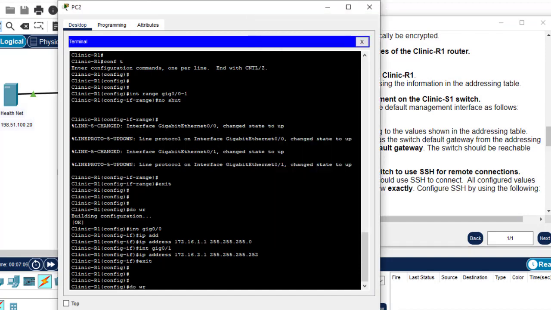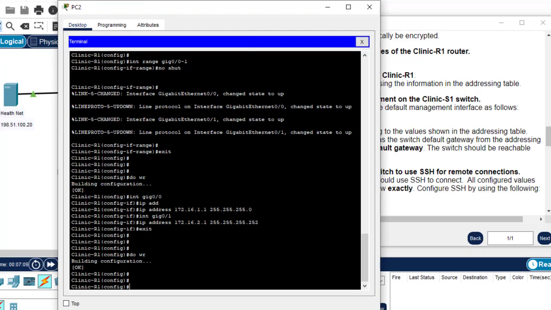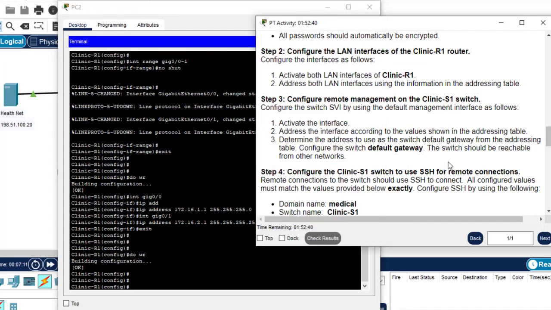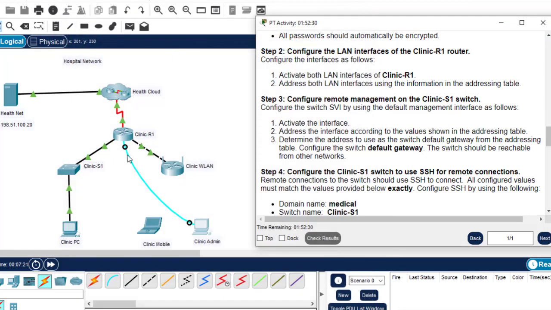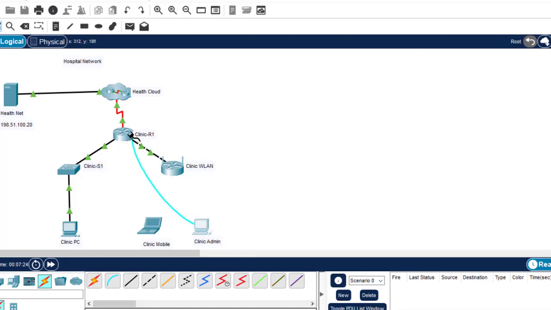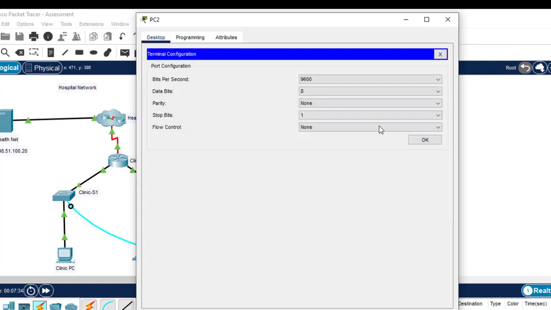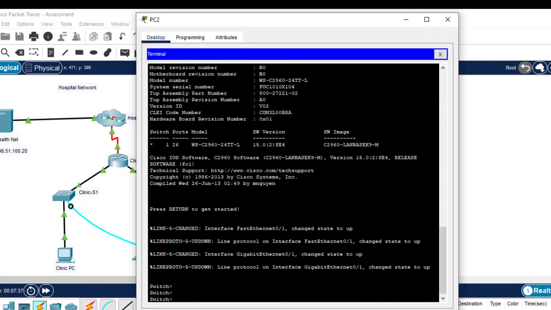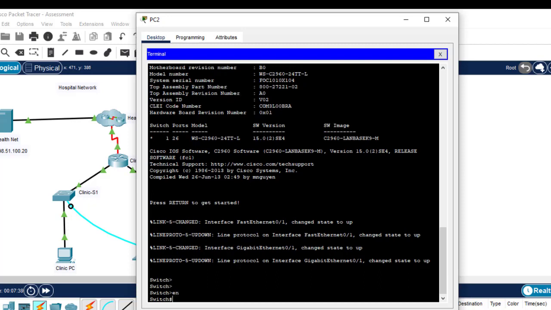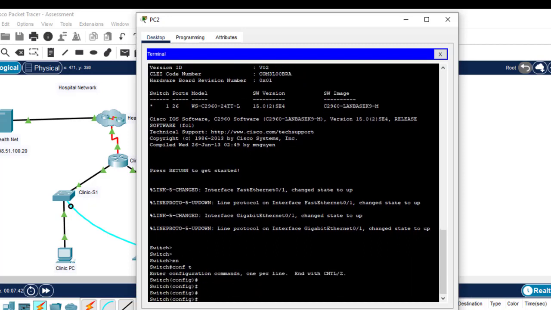Do right, and then step 3, we are supposed to configure clinic switch 1. So clinic switch 1, close that one, this one. I'll take the cable from clinic router 1 to clinic switch 1, connect to console, and you just click the same PC, go to terminal and click OK. And as you can see, we move to the switch interface, enable, config T, and let's